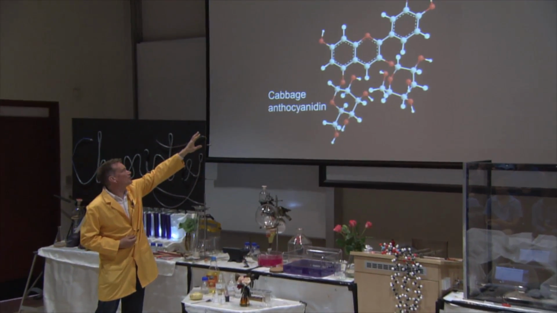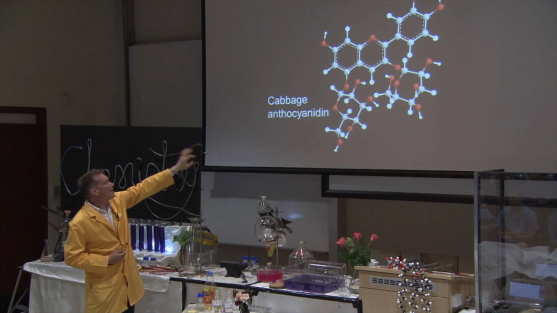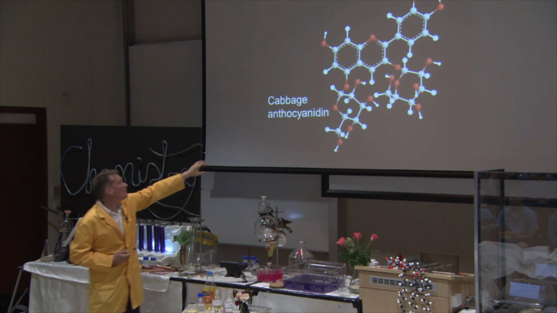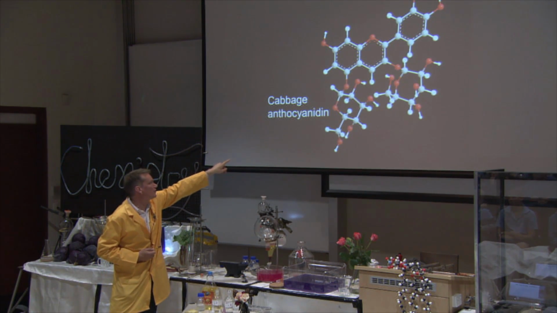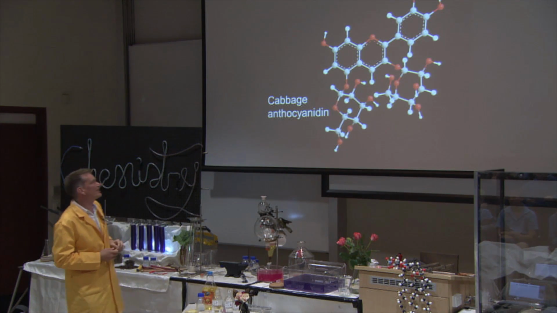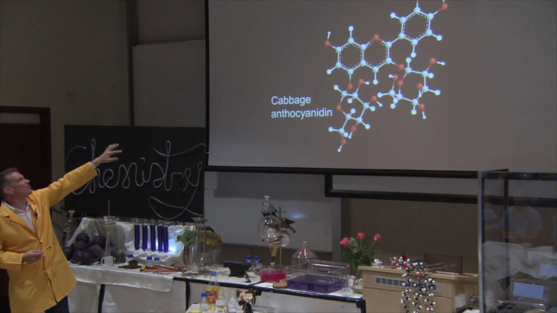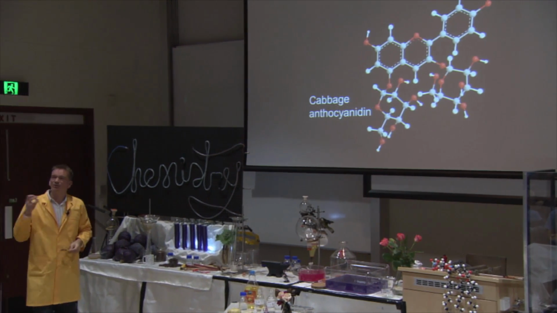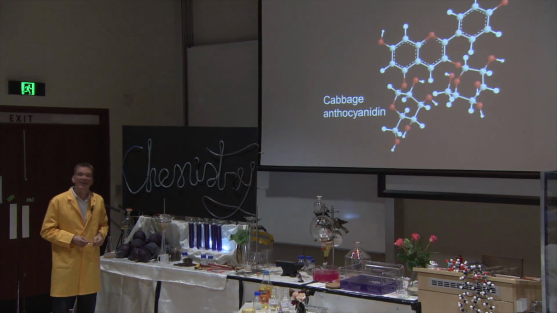And what they have in common are those 3 rings at the top, and then there are different bits sticking onto the rings. And these ones have, well, they're 2 glucose. That's where the glucose rings are, the things at the bottom there, those messy bits down the bottom. But these are stuck onto the 3 rings at the top, and I say responsible for many, many pigments that you can find in nature.